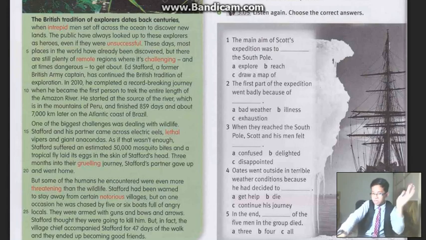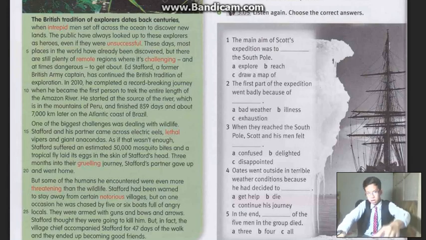Wow. 3 months into their grueling journey, Stafford's partner gave up and went home. So he was alone at that time.